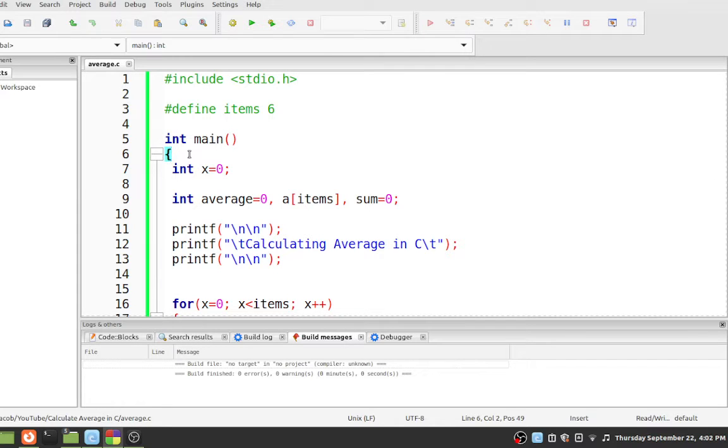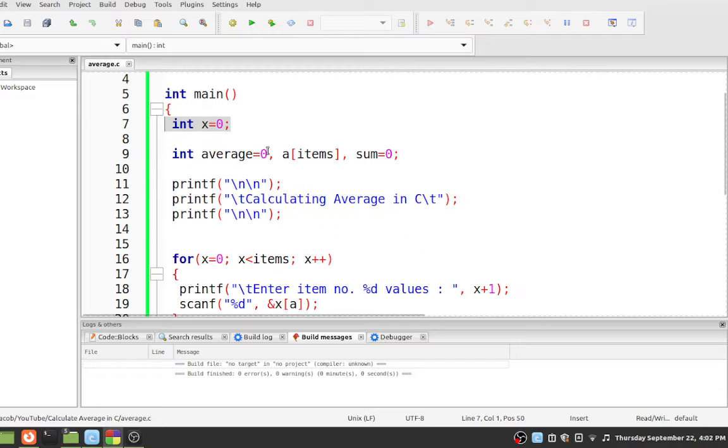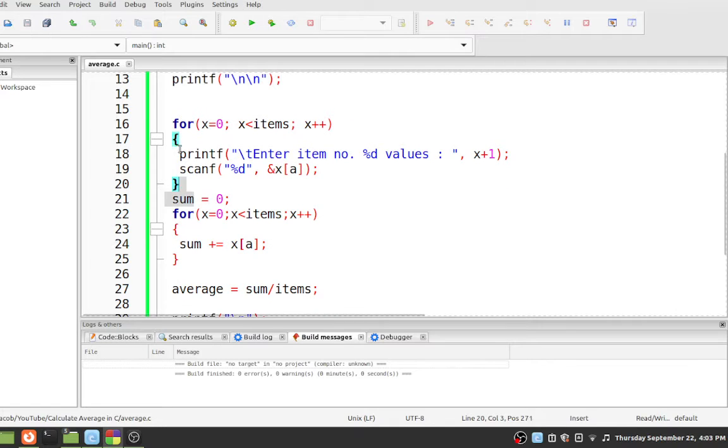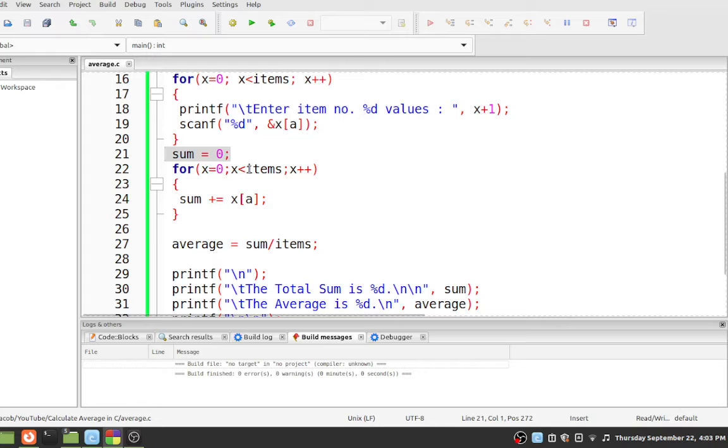We have here, line number 6, curly bracket, x integer, we initialize to 0, and then we have several variables here: average, a items array, sum, which has a value of 0, and then we have here the title, "Calculating average in C using for loop statement." Here we are accepting the input value from the user, 6 values plus 1, because the initial value of x is 0, so we don't want to start with 0 but plus 1, so that when we run our program it will enter item number 1 2 3 4 5 6, and then here sum equals 0, and then